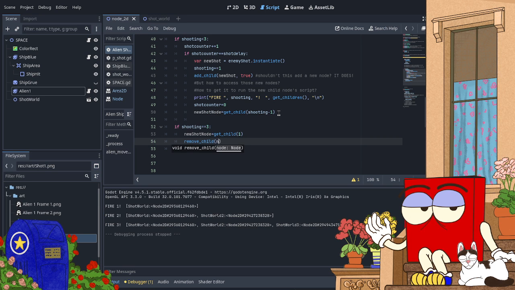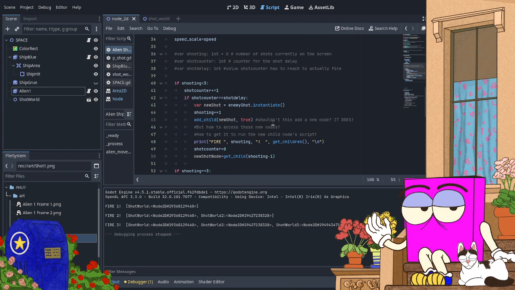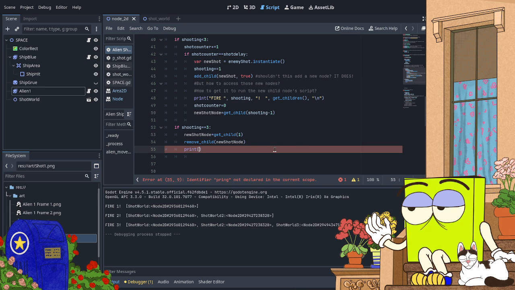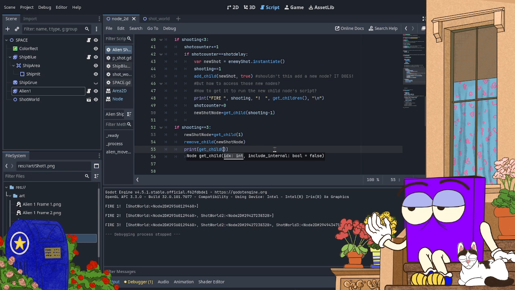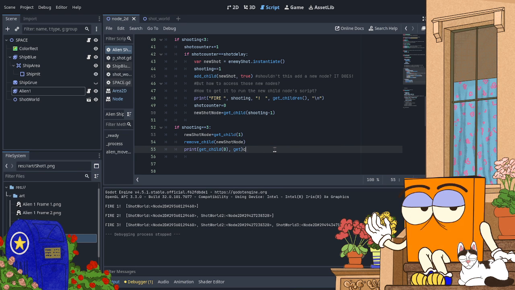Yes. Now, print get child 0, get child 1, no, that's what I want.